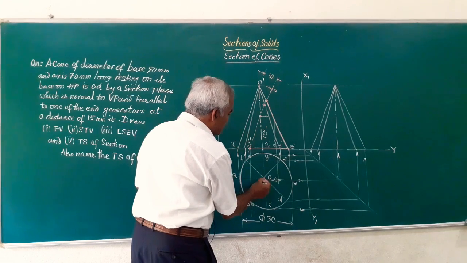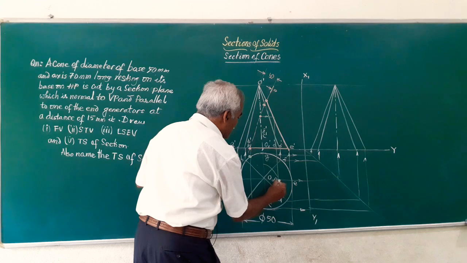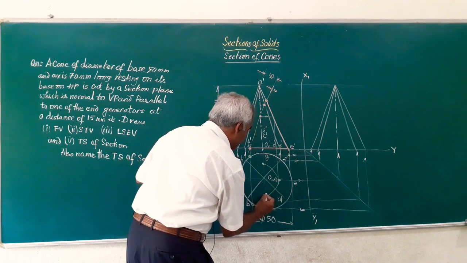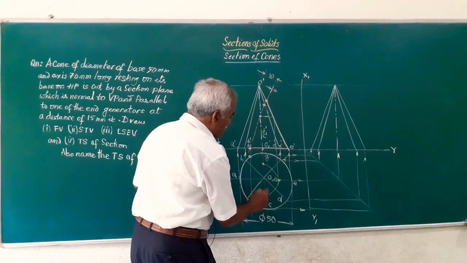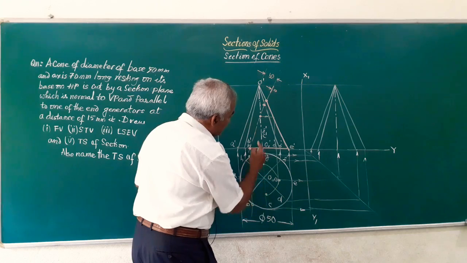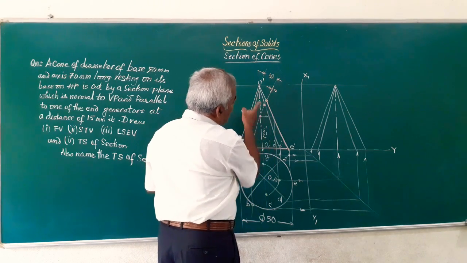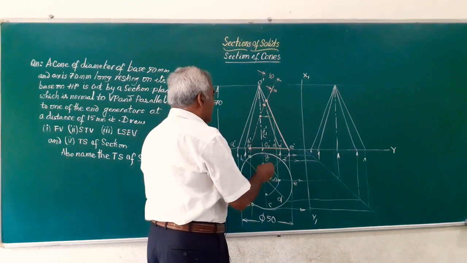Now with this as center, this distance as radius, I am going to draw an arc on both the sides. So I am going to get a point here, another point here at the equal distance. So friends, you got 2 points on the base, 2 on these generators. So friends, it is cutting the lines OD and OF here. So friends, OD and OF, they are at an angle.